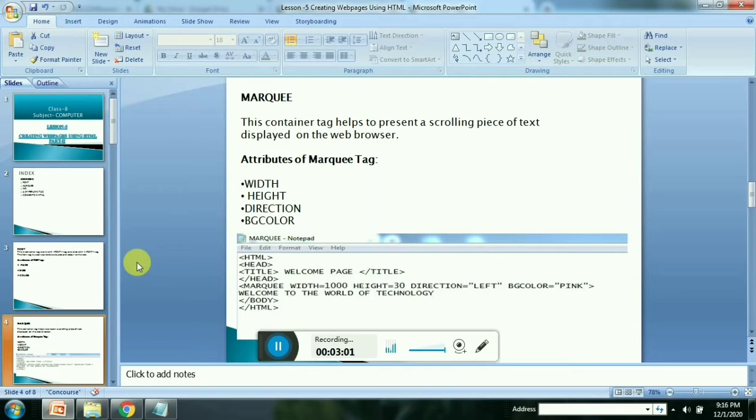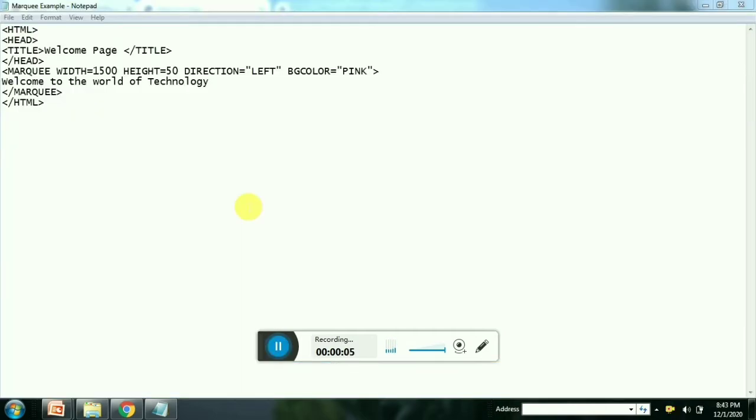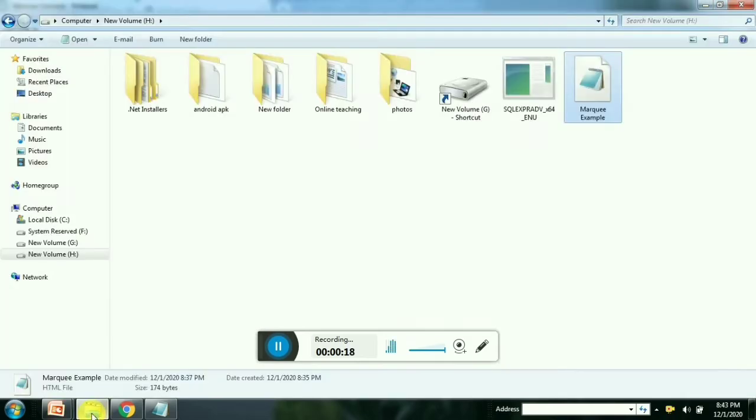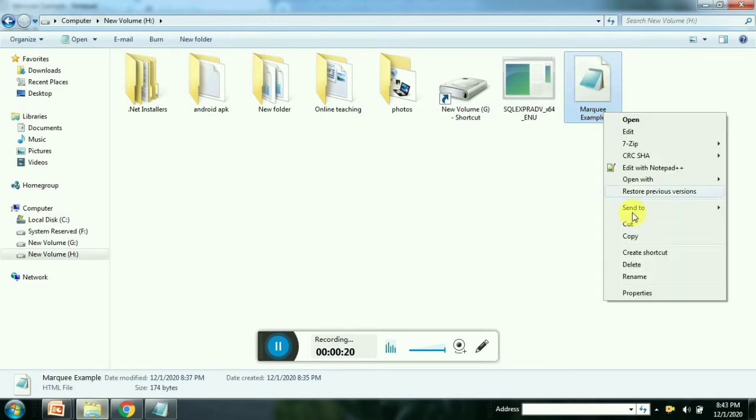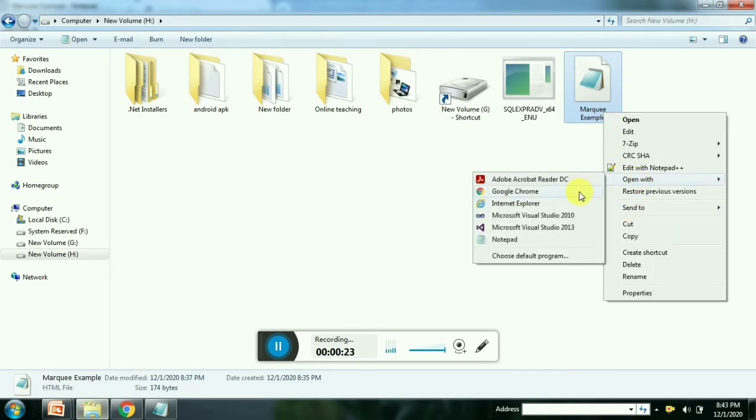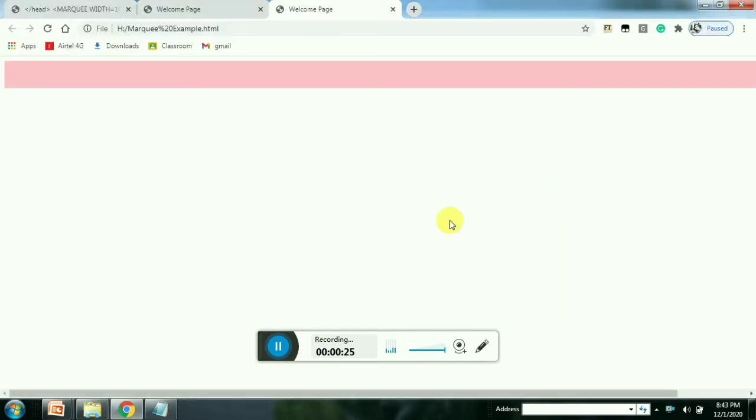So let's see an example of the marquee tag. Here I have written this program in Notepad, and I saved it with the extension .html. When I run this program, open with Google Chrome, this is the output of the program.